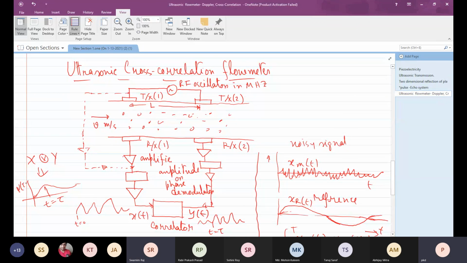So the correlation function is a function of the delay that is associated. Basically, delay tau will be given to Y(t). Tau will start from here, so we won't have much correlation, only some bit. Then when it comes to this, we will have the maximum correlation. Okay. Thank you, sir.